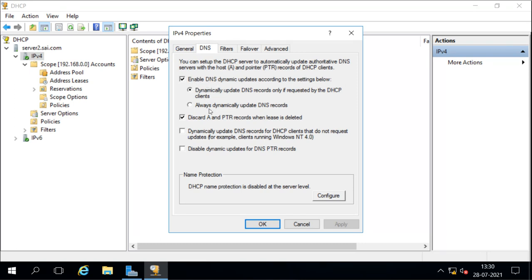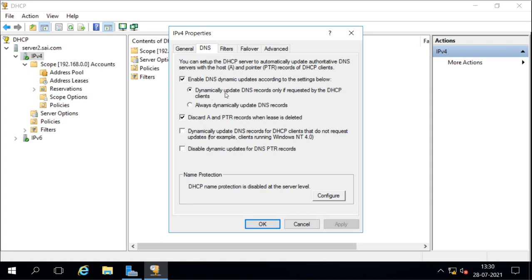By default, it is selected to enable DNS dynamic updates according to the settings below. That will dynamically update the DNS records only if requested by the DHCP clients. Remember I said that the records will be updated in DNS by the client.